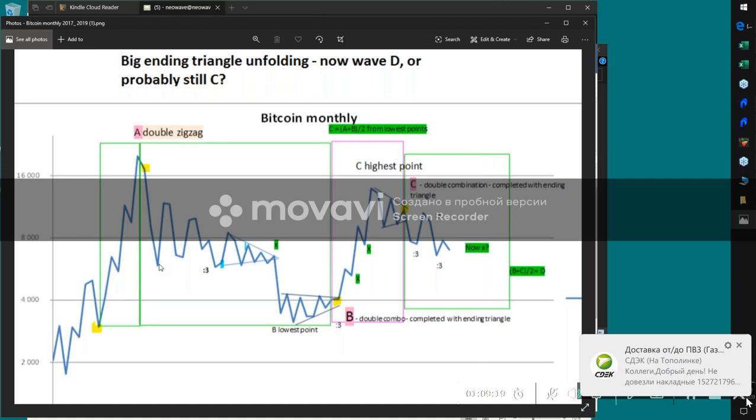And that gets a little difficult from a channeling standpoint, behavior standpoint. Are we dealing with complex correction? Are we dealing with simple corrections? You'd have to go through all kinds of channeling testing for this pattern, drawing trend lines across this high. Well, this can't be a C wave